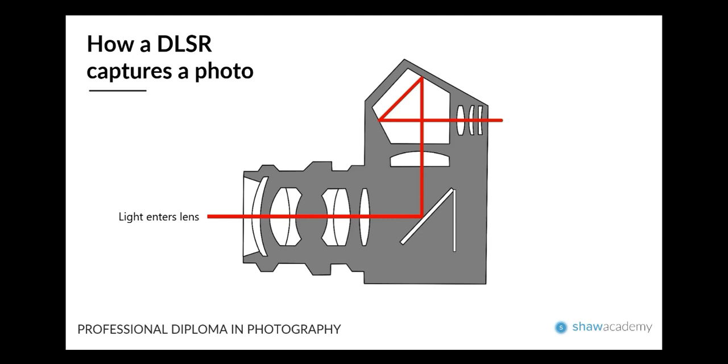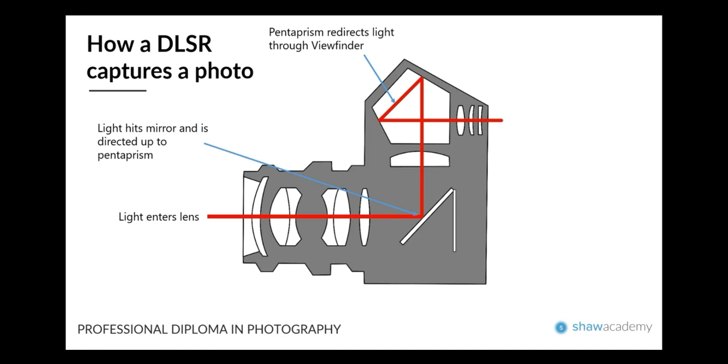First we have our light entering the lens. So light enters through the lens, it passes through our aperture, so we choose how much light enters through the lens by controlling the aperture. And when we're looking through a DSLR, light is bounced off the mirror of our DSLR and it bounces around a very unusual looking device called a pentaprism, and it comes out the viewfinder, and this is what allows us